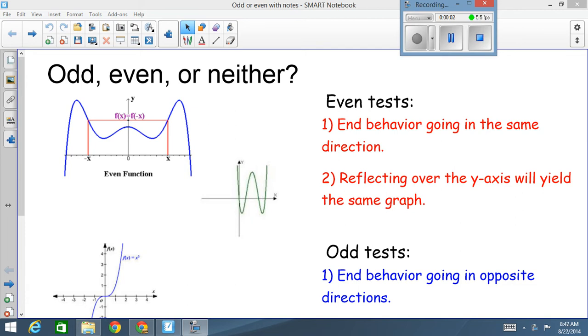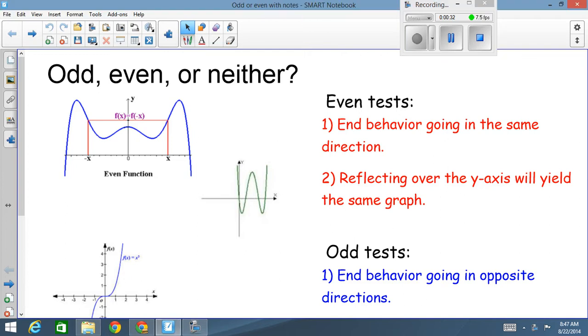Okay, so the final thing that we're going to do here before we take our quiz is talk about odd and even functions, or possibly a case where they are neither of the two. You'll see here on the screen that there's a little bit of extra information than what's on your guided notes, so you may want to pause this for a minute and jot down what the tests are for finding an even function. The first thing, which is probably the most important, is the end behavior has to be going in